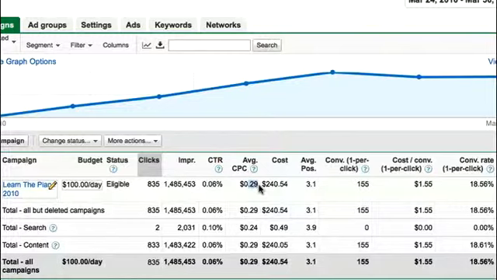And here's why I'm doing that. If I lower my cost per click without getting a better click-through rate, without getting more clicks by having a better converting ad, if I just lower my cost per click, I'll just get less traffic. I want to get the same amount of traffic or even more by spending less, okay? So what I'm going to do is lower the cost per click to 22 cents a click, because I want to try to get this down to about $1 per lead if I can. That would be really great. So I'm going to lower my cost per click.